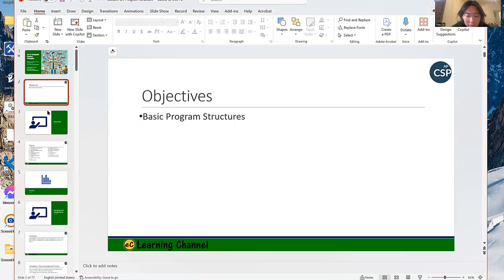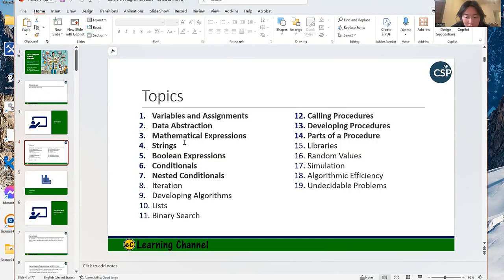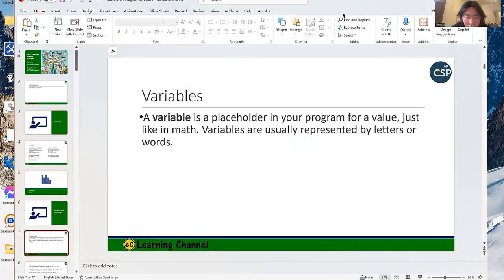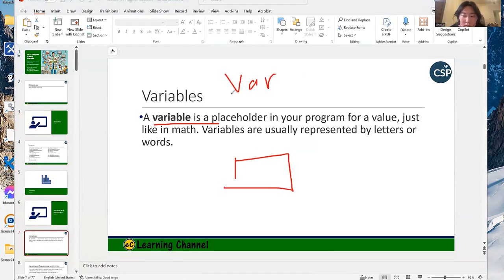Okay, so program structure, you will follow chapter by chapter, but I'm going to go over the JavaScript language real quick right here, okay? So the first one is variable and assignment. A variable is a placeholder to hold your value of the program, like in math or anything. The variable is associated with memory. So you may declare a variable using var, as in var a equals 3. In Python, there is no var, you just do a equals 3, but right here we do have var a equals 3. Okay, let me show you in the